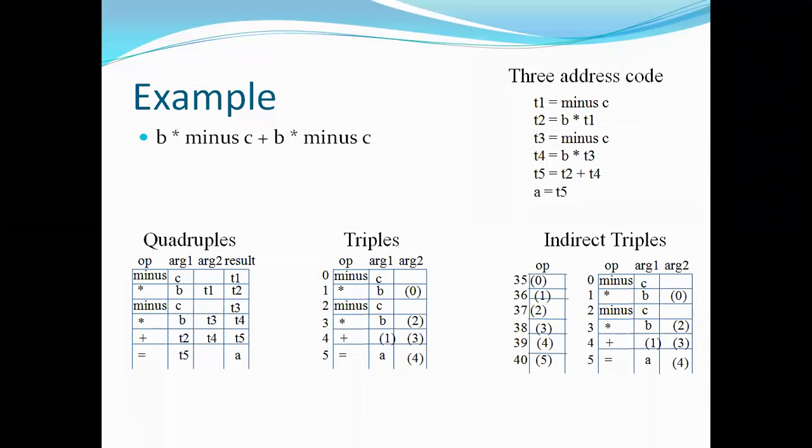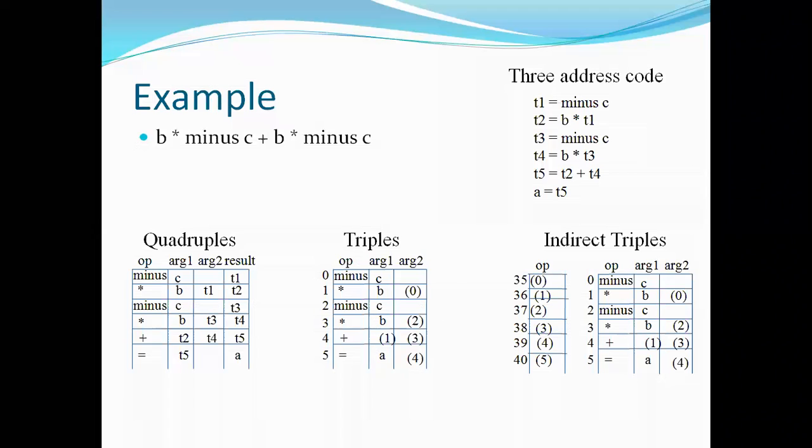Here finally we have three data structures for the implementation of the three address code, that is quadruple, triple and indirect triple. While considering the utility of these data structures, quadruple and indirect triple are similar as far as their utility is concerned. But when coming to the triple, it is quite different from the quadruple and the indirect triple. And this is the most important concept in intermediate code generation.